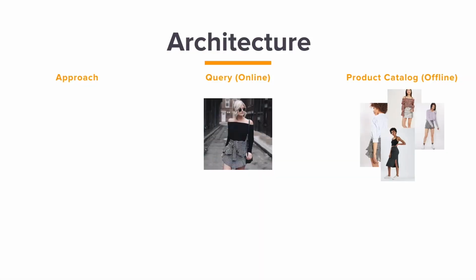So I'm going to show you a little bit about how this works. On the data side, we have a few pieces of data. We have the product catalog. Our clients give us all the photos of all the products they sell. There's a few million of these. This is our reference set. We'll get a query image at any time that has a user-generated photo, and we need to recommend what products